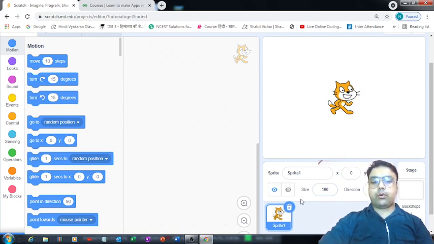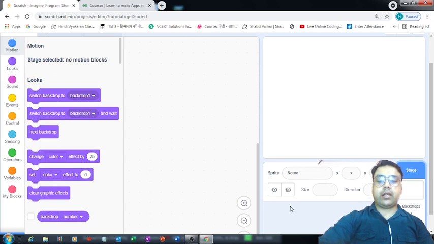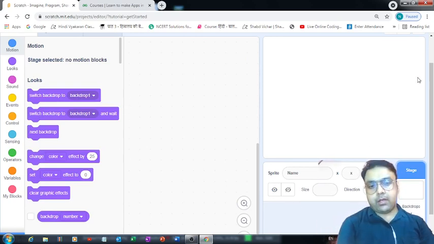If you want to get rid of this, you can simply click on this bin button and it will be removed by the Scratch platform. So it's completely blank now.